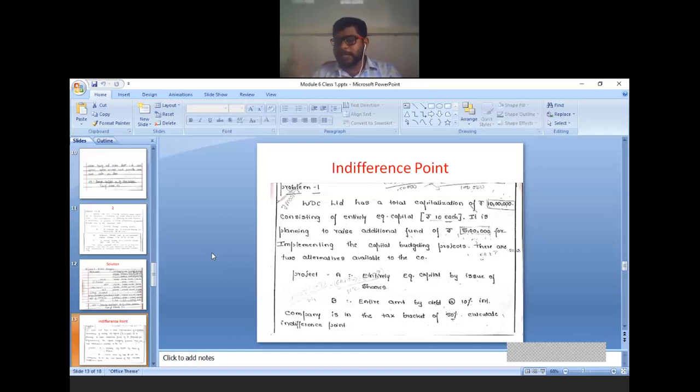In the previous case, EBIT was given in the problem, and from the EBIT what you had to calculate? You had to calculate earning per share. But under an indifference point problem, you have to calculate EBIT, earning before interest and tax. You see the problem from the beginning till the end, EBIT is not given in the problem. Therefore, you have to apply the indifference point formula in order to calculate what? EBIT, earning before interest and tax. But the condition is there. Under indifference point, you are calculating one EBIT. In that EBIT, your EPS must be same.